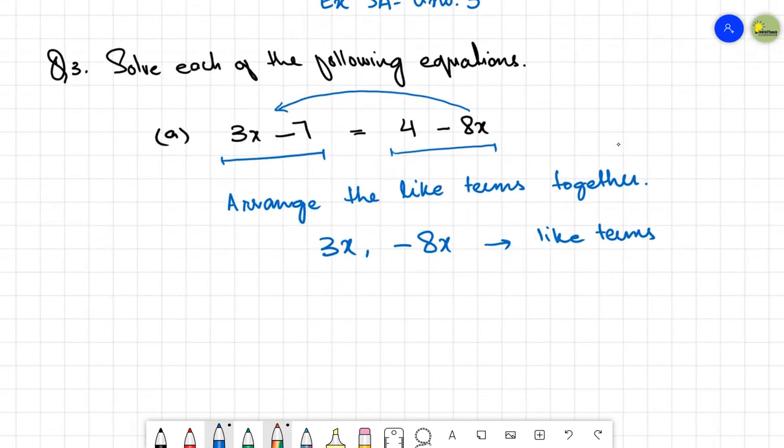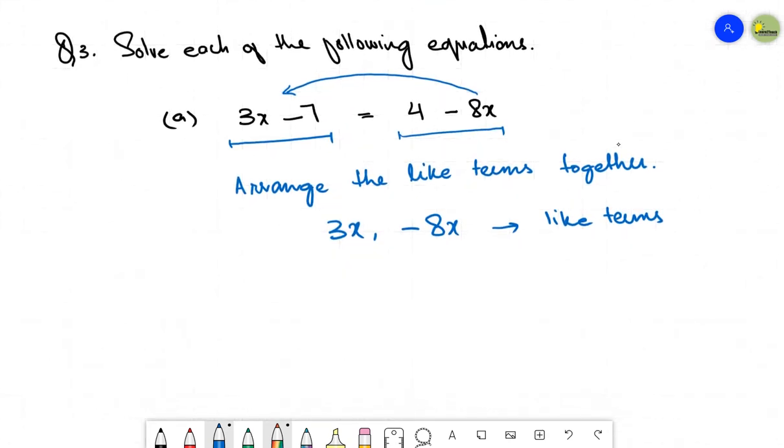And keep in mind, according to rule number 1, which we have already discussed: whenever you want to shift a value that has a minus sign to the other side of the equation, you need to change its sign. Minus 8x, when it moves towards the left hand side, its sign will be changed. The whole term will become positive, plus 8x. So in other words, I can change it like this: I'm already having 3x, then when minus 8x is moved to the other side of the equation, it becomes plus 8x, equals